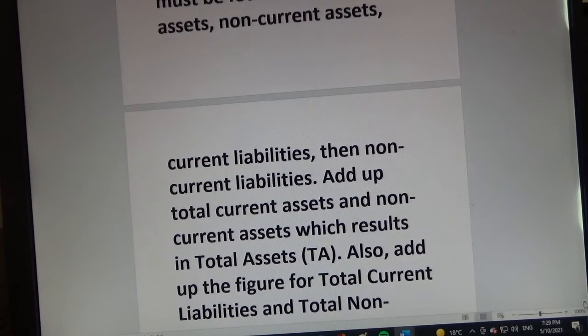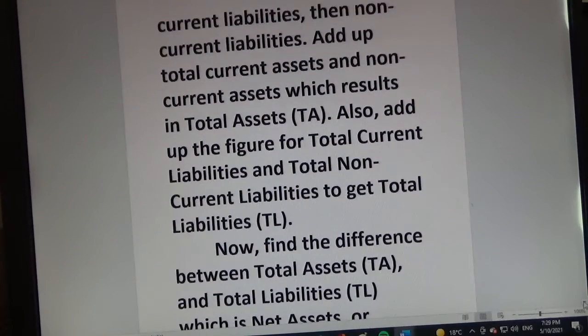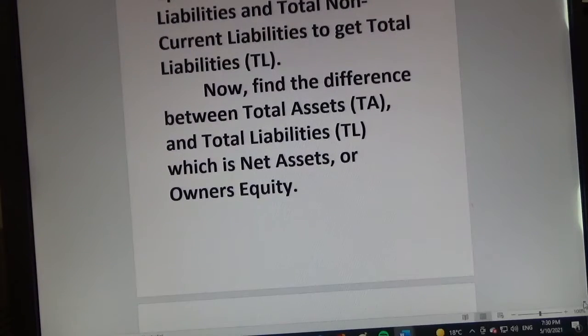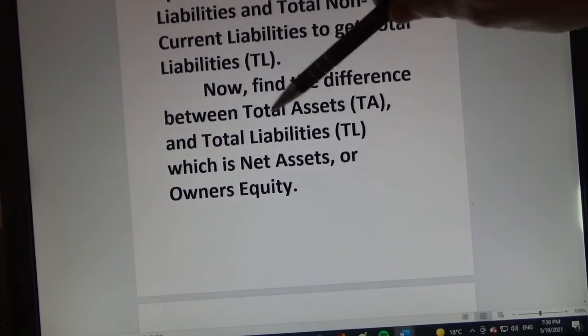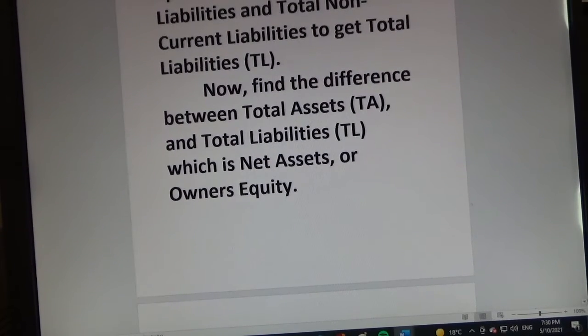Then once those figures are in place, we add up the total current assets and non-current assets, which gives total assets. Also, we add up total current liabilities and non-current liabilities to get total liabilities. Now we find the difference between total assets and total liabilities, which is called net assets or owner's equity or capital,